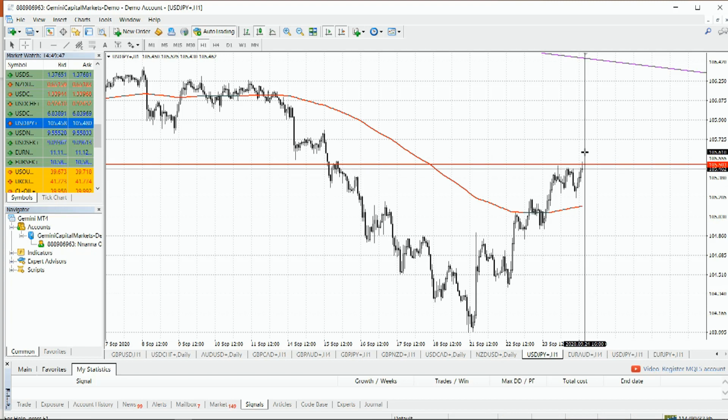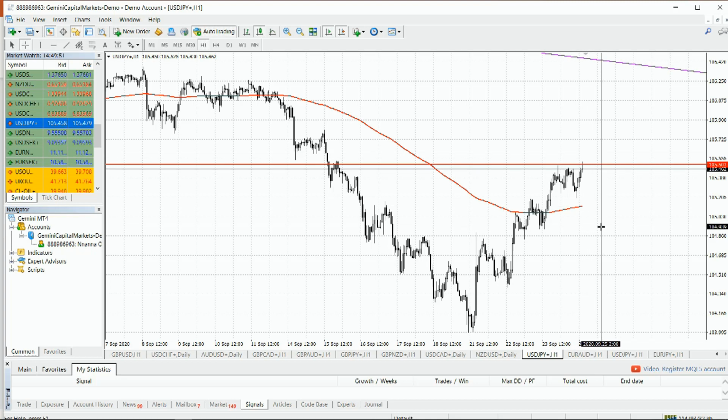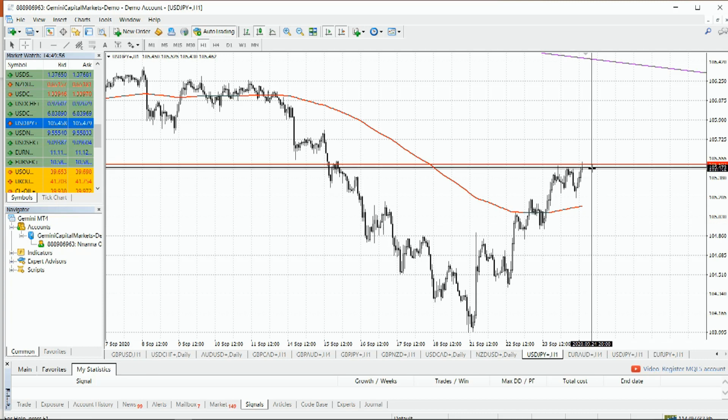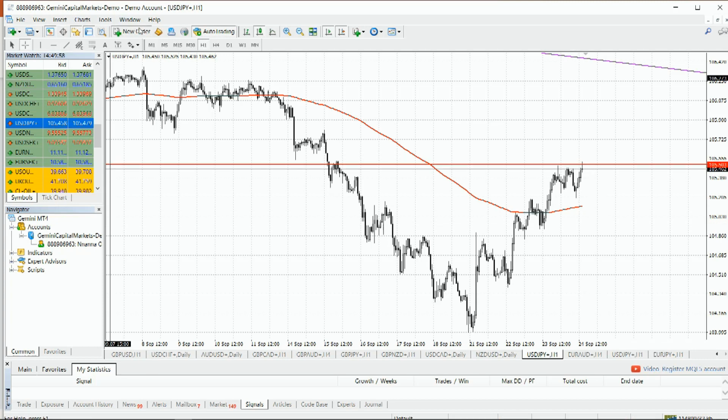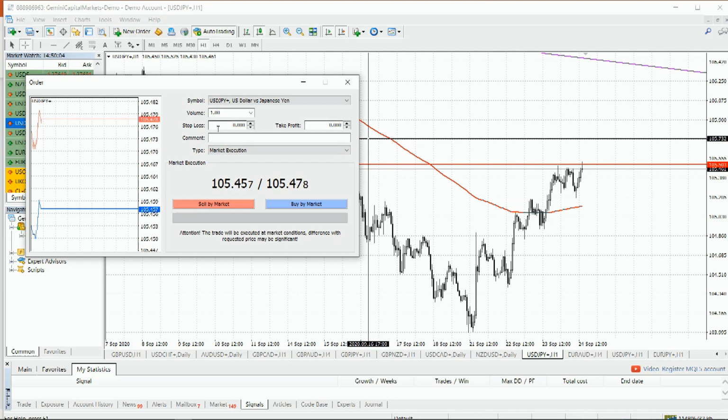Now, if I take this trade, I place my trade, I go to new order, and let me just say I put my stop loss at. I'm not saying you should go and take this trade though. This is just for educational purposes. I'm not selling you USDJPY. If anything, I'm actually buying. Okay, so